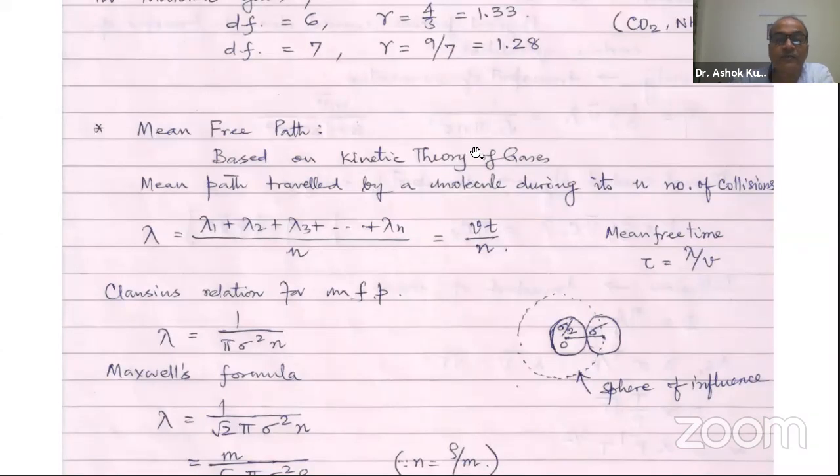So this is the case with each and every molecule. Okay, and we imagine that in time t the distance traveled is v, because v is the velocity, the distance in unit time. So a cylindrical structure is formed out of it, and all molecules coming within this cylinder will be in collision in that time. So finally, we cannot derive the expression over here, but finally we get the expression